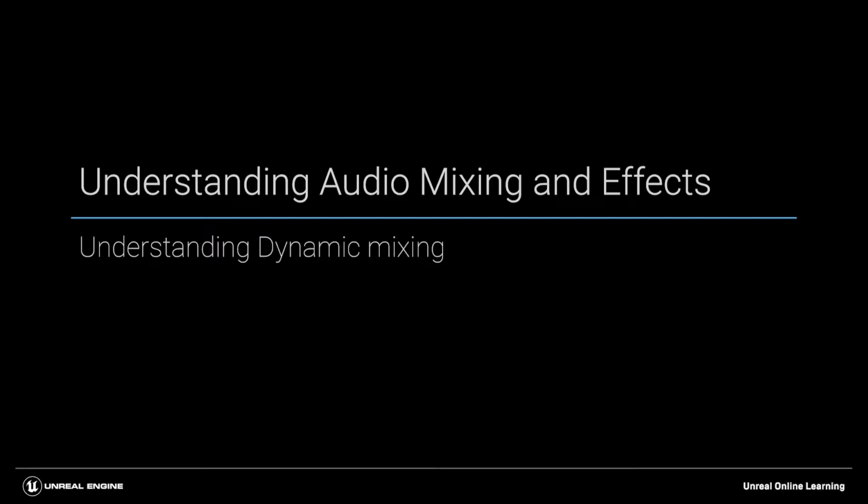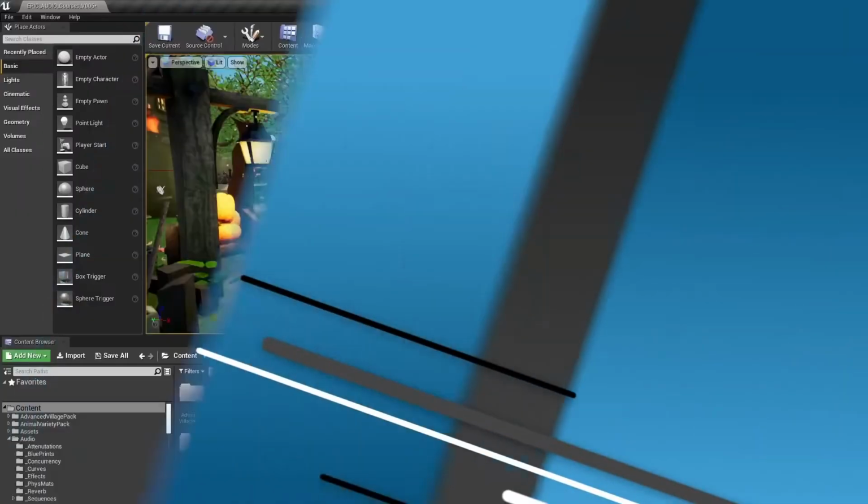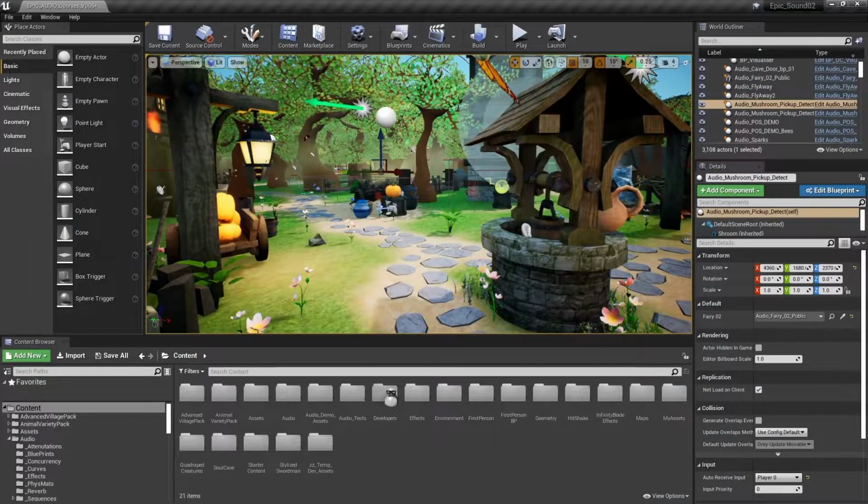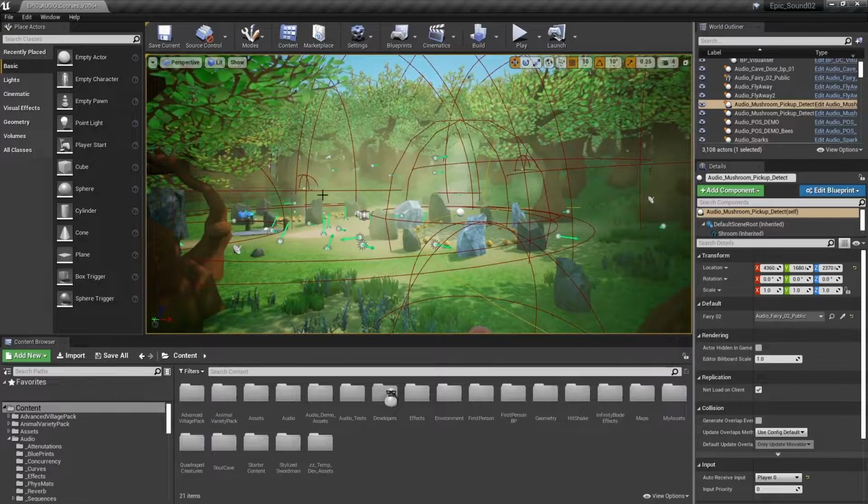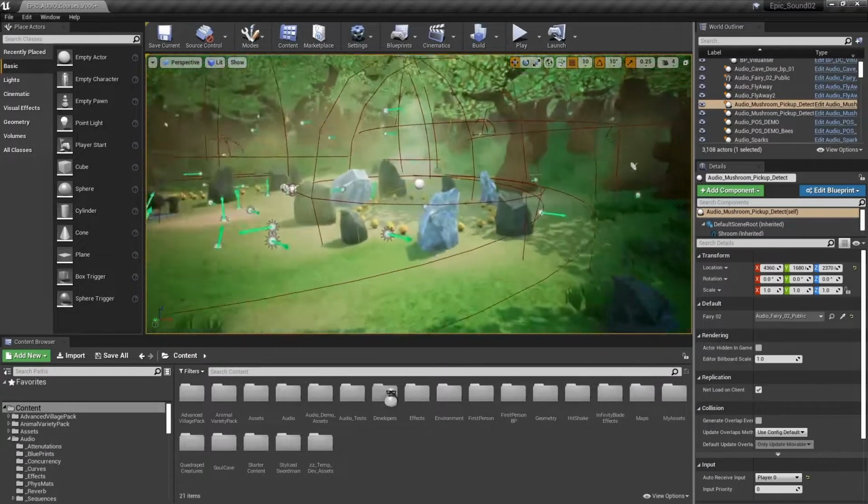The principal way to control your audio mix in Unreal Engine is through the Sound Class Mix and Sound Class systems. By assigning different sets of sounds to different sound classes, we can effectively group them, making it easier to control the overall mix. If we go to location 4 in the demonstration level, you might remember from an earlier